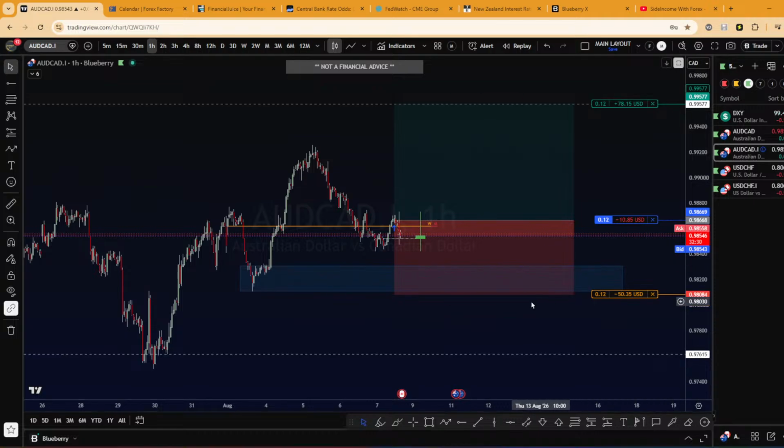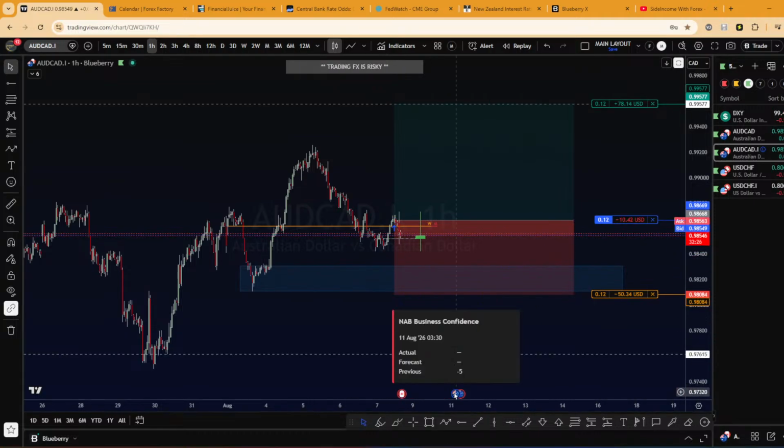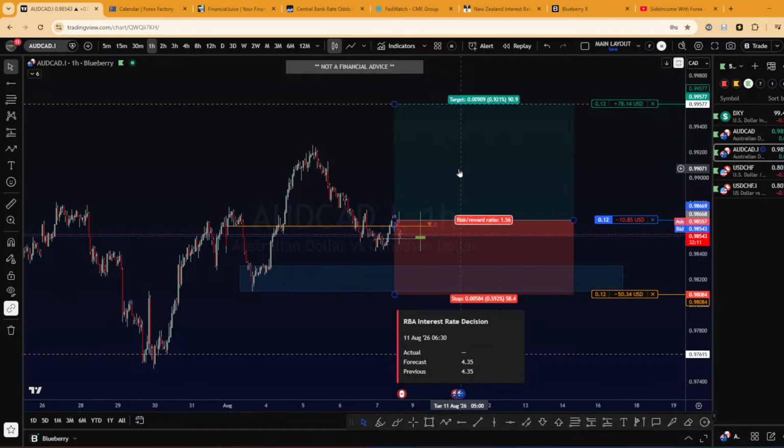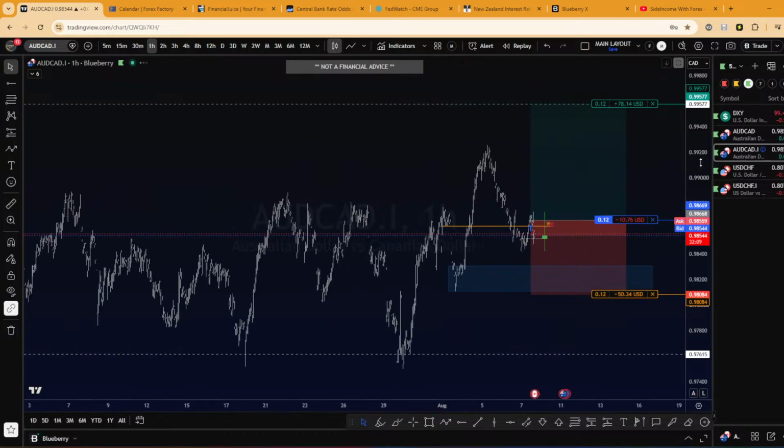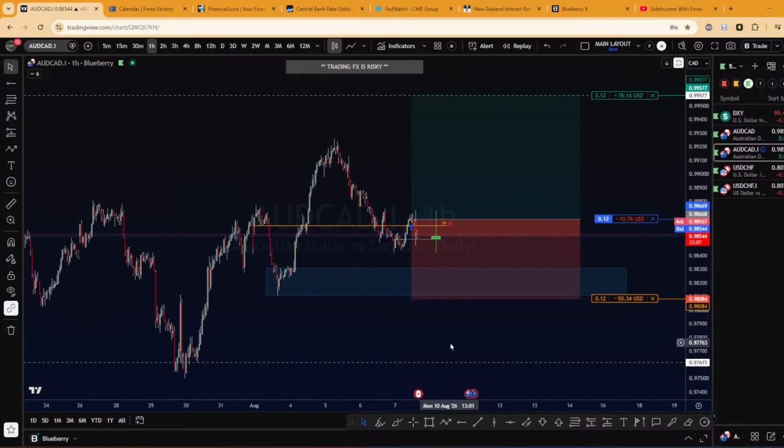My direction is still bullish. Remember, this is a trade that we hold over a week for sure. Next week we have an interest rate decision from the RBA, which we expect to hold rates. So